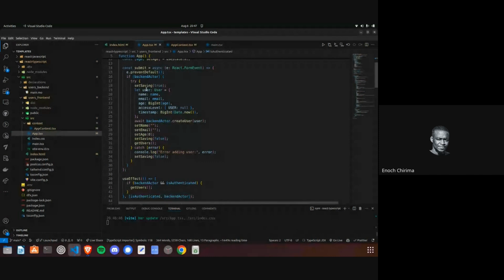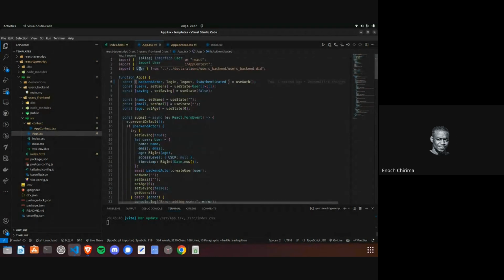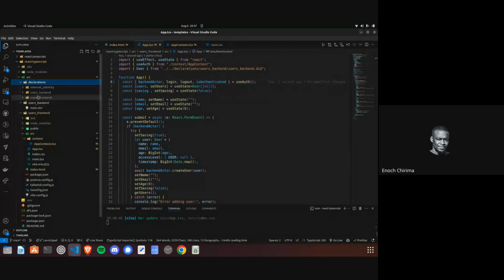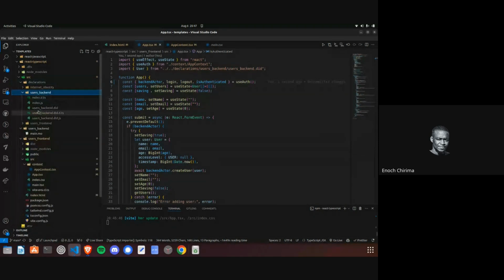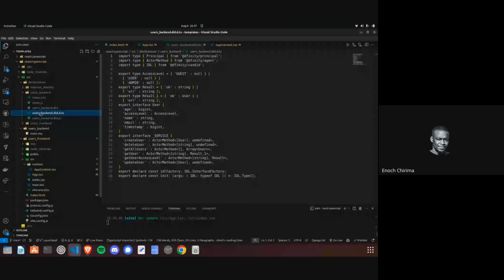So we are setting up the user. We imported the user type from the declarations. Declarations are also important if you're using TypeScript, because you can easily import your types. So you can see these declarations here. Let's open the users backend. It's this one. Yeah, it automatically generates